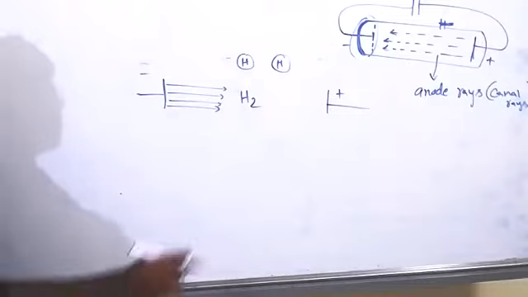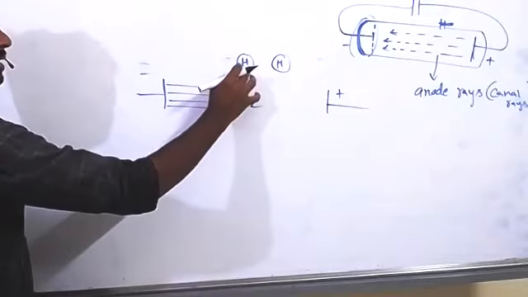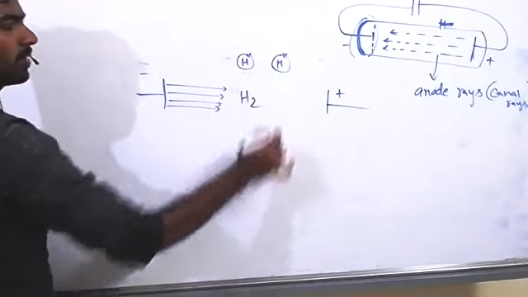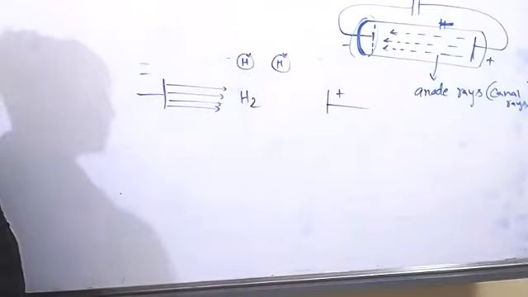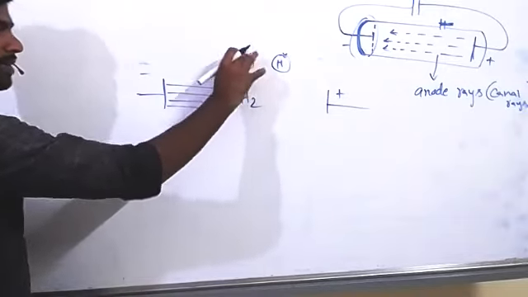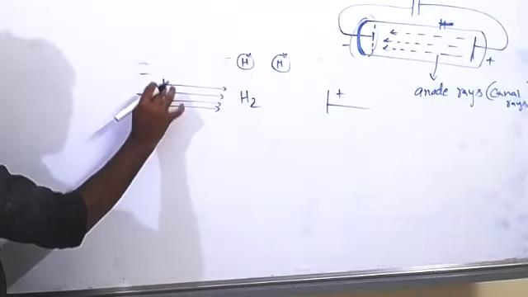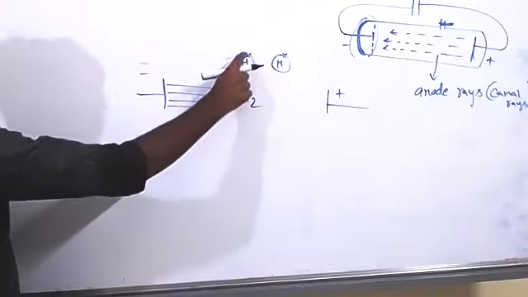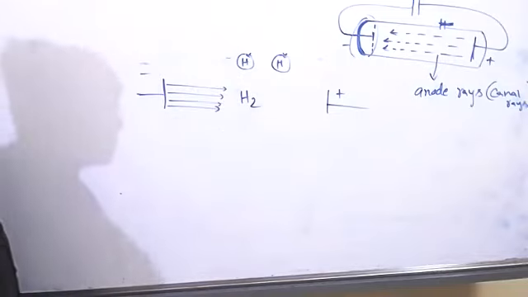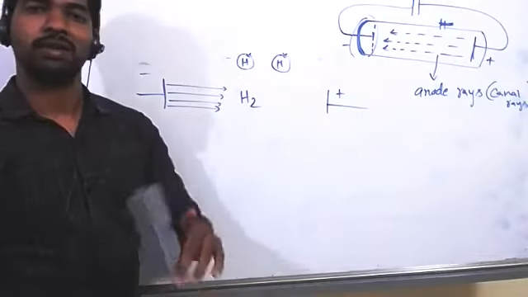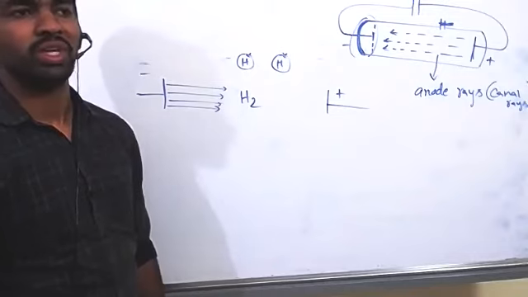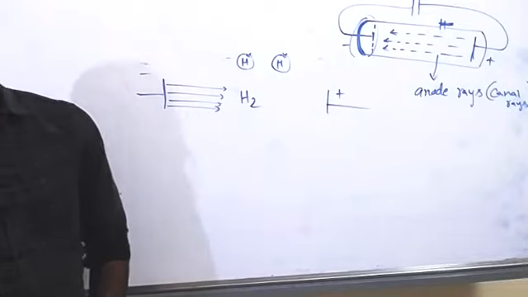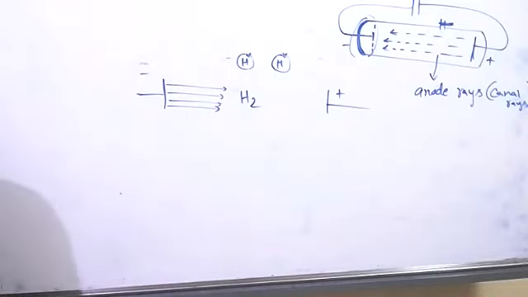And further, these hydrogen atoms are struck by other cathode rays. Then there are electrons, one electron in each atom. That electron is also lost. That lost electron and the electrons produced by the metal plate are all together constructing cathode rays, fine. But after losing the electron, what is present in the hydrogen atom? The hydrogen atom has one electron. That one electron it lost. Then what is present in the hydrogen atom? What does it have? Proton. It has a proton.